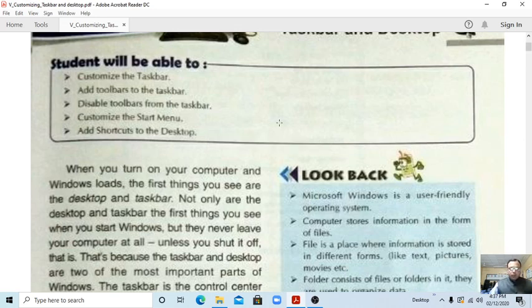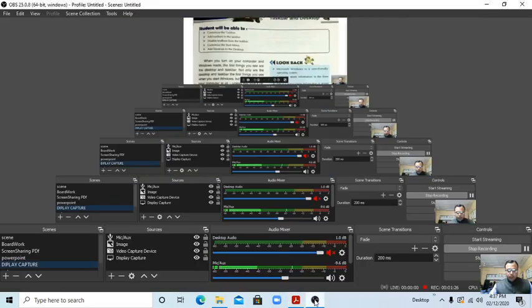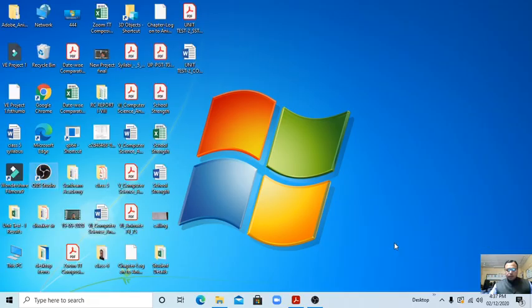Students, first of all, we are going to discuss where we get the taskbar and desktop on the start. So first of all, let's see. Students, this one is the desktop, and this below part is the taskbar. In the taskbar, there is the start button. Here we can write something, this is search, and this is task view, where many options are given.